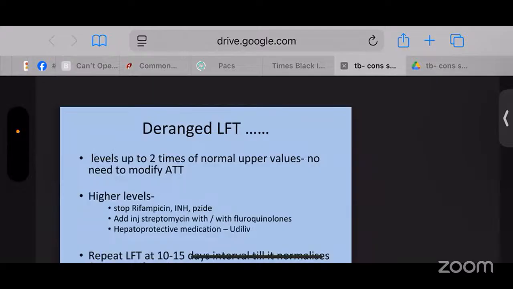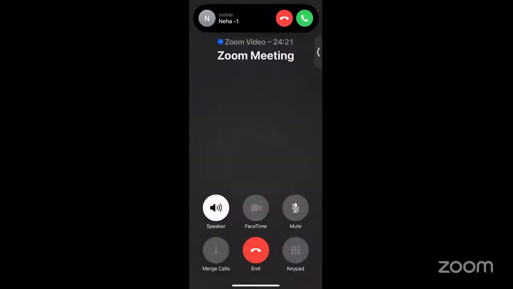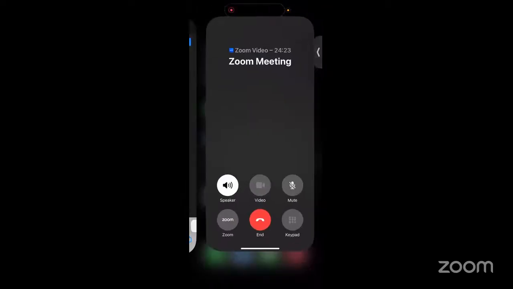The most common side effect of anti-tubercular drugs that the patient presents with is derangement of LFT, which leads to nausea, vomiting, and loss of appetite. At times, it also leads to icterus. So the point is, we have to measure the LFT. Suppose it is deranged, then we should accordingly stop rifampicin, isoniazid, and pyrazinamide, and start some other medications